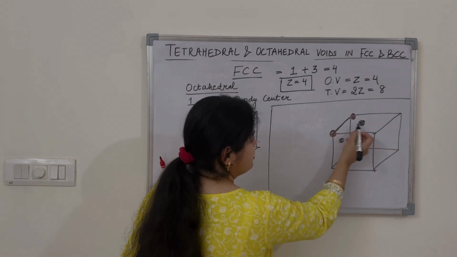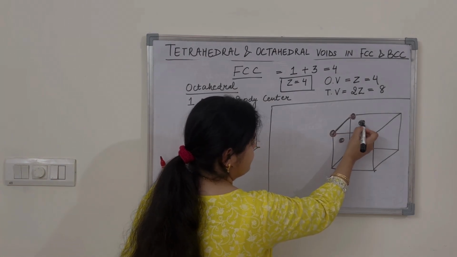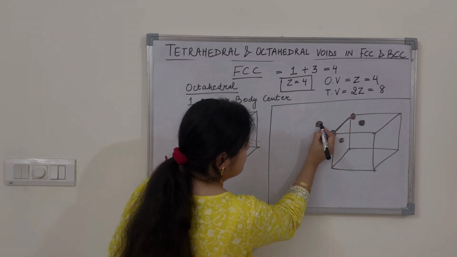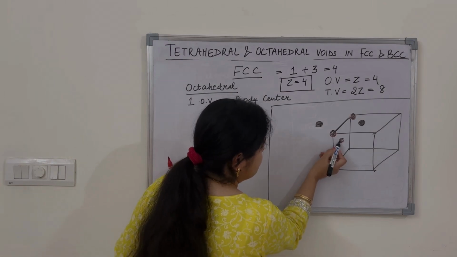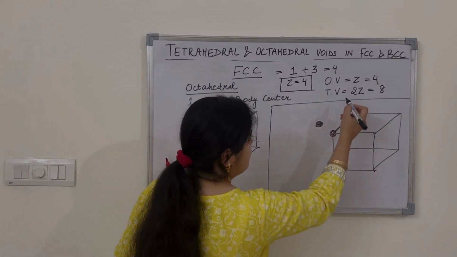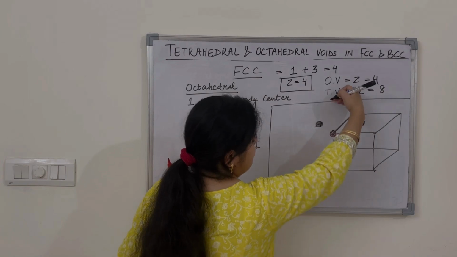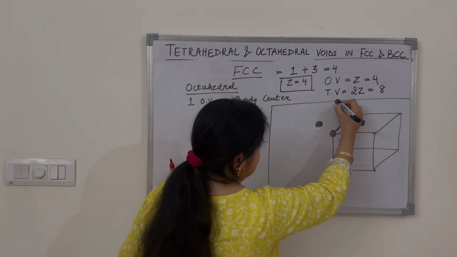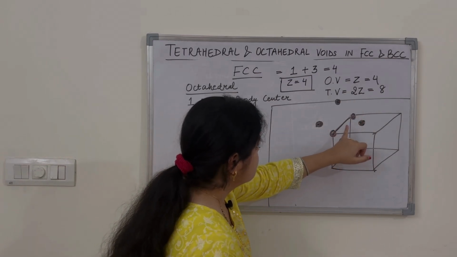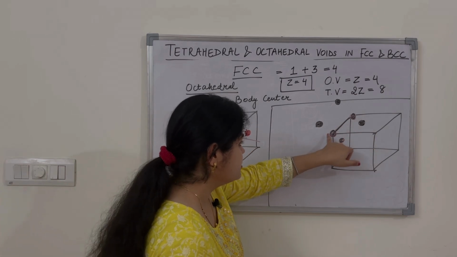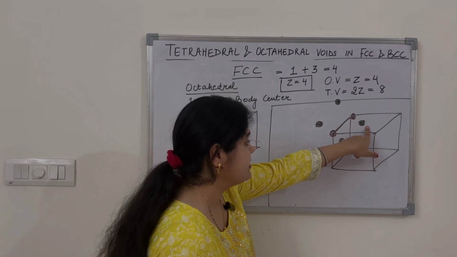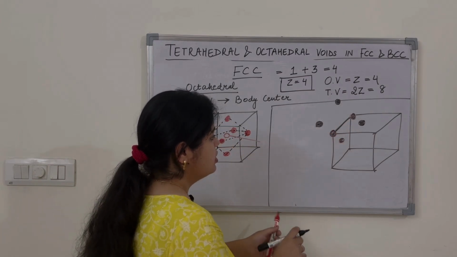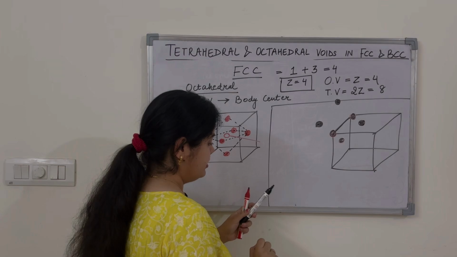Okay, so parallel to this face centered atom, we will be having one face centered atom of this adjacent unit cell here, and parallel to this we will be having one more face centered atom which is on the other unit cell, which is above this unit cell. Okay, so 2 corner atoms, 2 face centered atoms of one unit cell, 2 parallel face centered atoms of the other unit cell. So this is the arrangement.